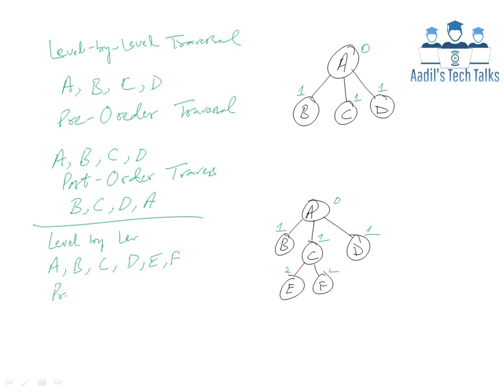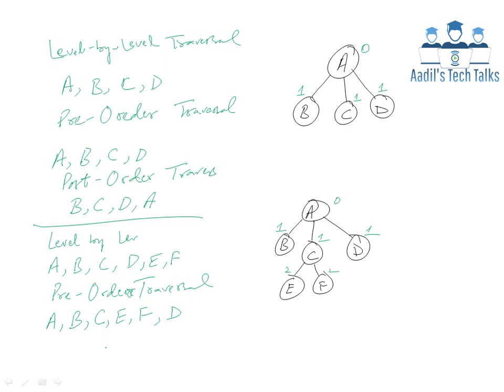Then the second technique is pre-order traversal. Pre-order traversal, visit parent node, process parent node A, then visit each child node from left to right. The first child node from left to right is B, followed by the younger brother of B, which is C, but C in itself is the parent node, so its corresponding children nodes are E and F. Then the younger brother of C is D.